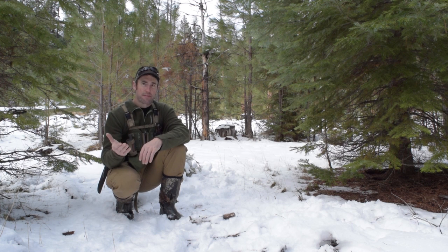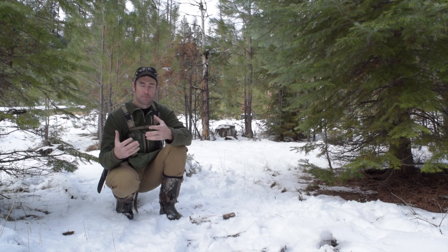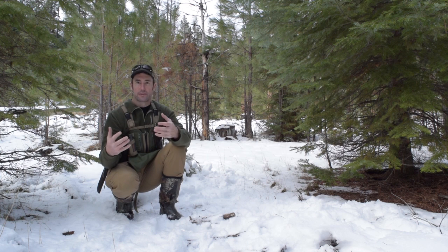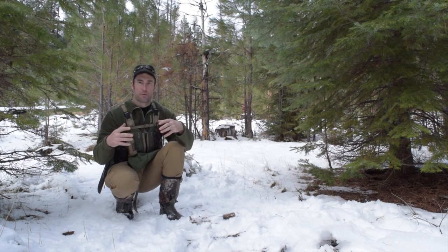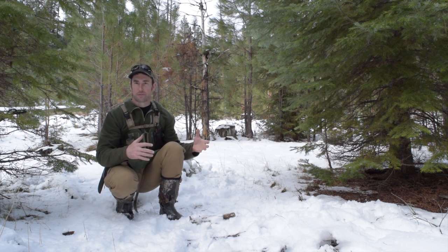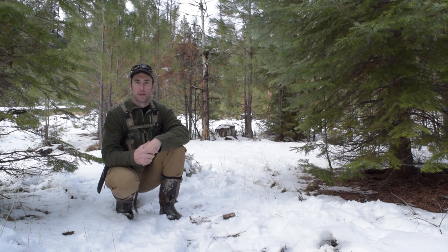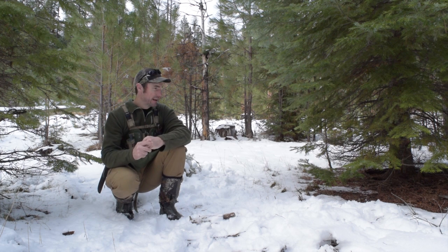And one of the things that I have found, especially winter camping and trying to video for you guys, is I just run out of time. I've got all these ideas in my mind of things I want to do when I get up here, but I run out of time trying to video it, and then I don't get my camp set up the way I want it, and I end up having somewhat of a miserable night. So I'm going to try to avoid that by just getting some of this stuff done today,